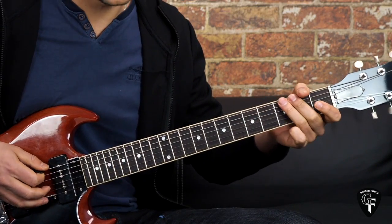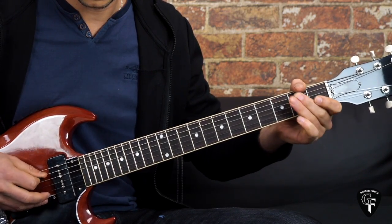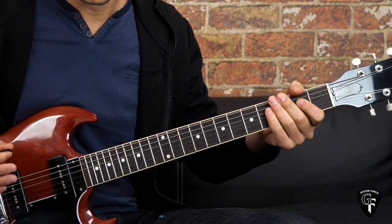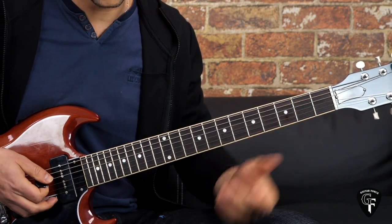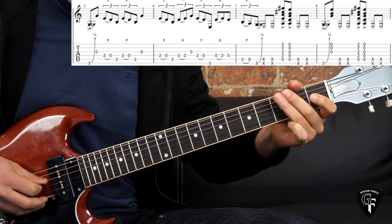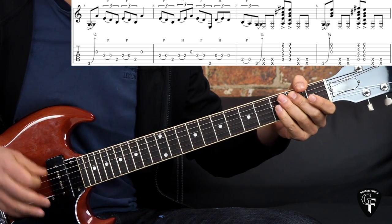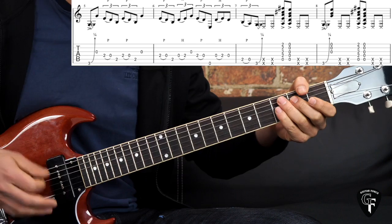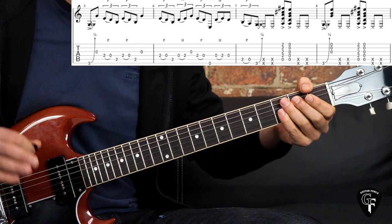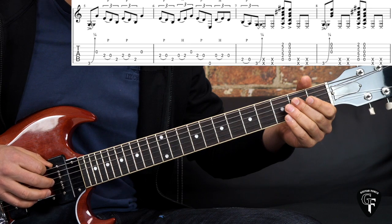Alright, after that we have another one similar to the third that we did previously, so it goes like this. There is probably just one different note there, but let's break it down. So again, we have the bend on low E, G string open, then we have, so this one is exactly the same as in the first part in the previous phrase that we did, then we have,